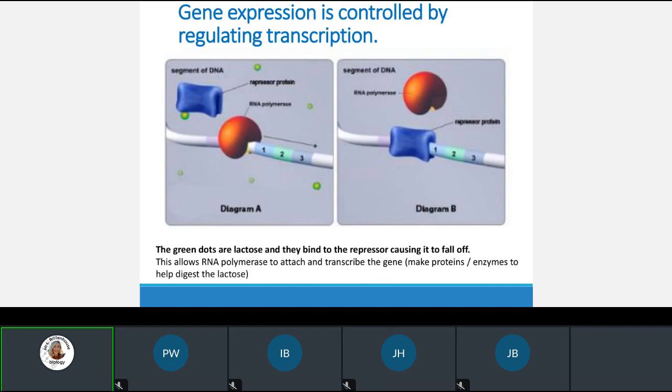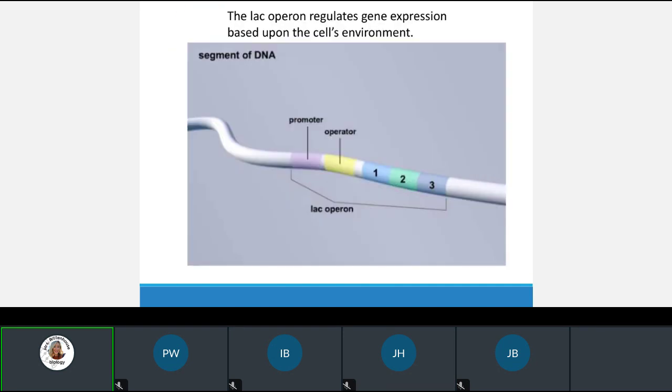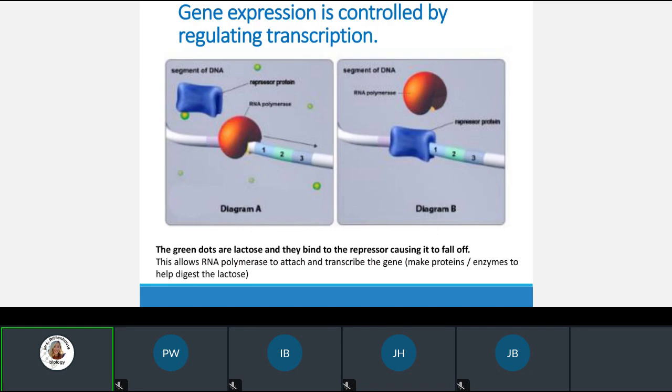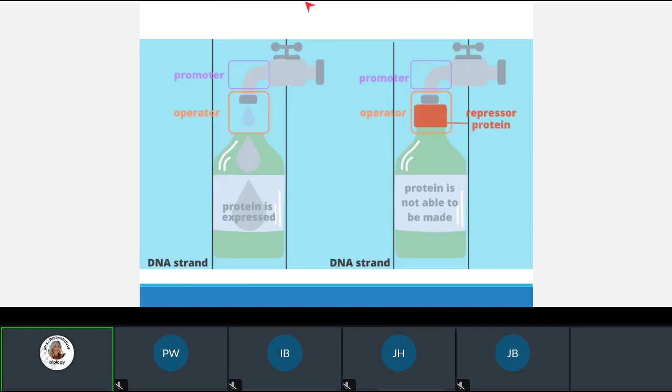So, I love all these sciencey diagrams. They're good and all because those are things that we're going to see. But sometimes to understand what in the world these things are doing, Mrs. Rittenhouse needs her version. And this is my version. The spigot is my version. You could make this the construction site. You can make this the list of chores, right? How nice would it be if you wake up and there's a chore list on your bed, and on the chore list it says there are no chores today? That's awesome. That's a great repressor protein. Or if it says have fun.